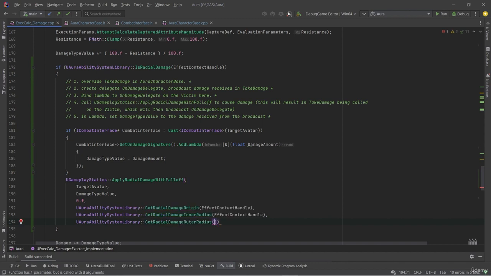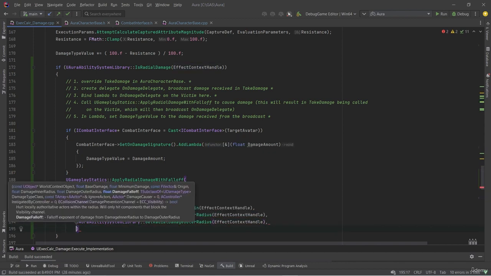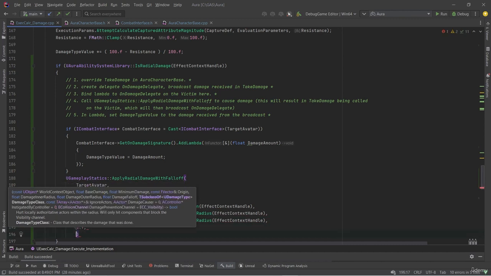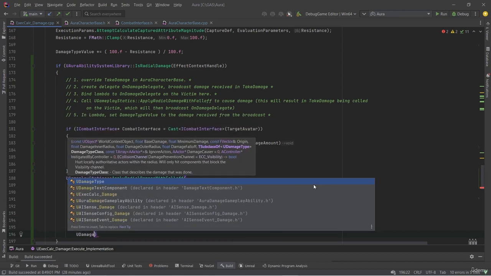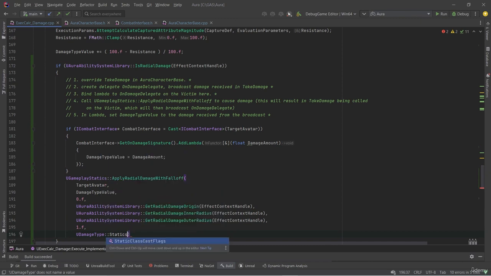So radial damage outer radius, passing in the effect context handle. Now damage fall off, we've seen that we'll get a nice linear fall off if that's 1, and a faster, sharper fall off exponentially if it's larger than 1. Now for damage type class, we can just use UDamageType static class just to satisfy